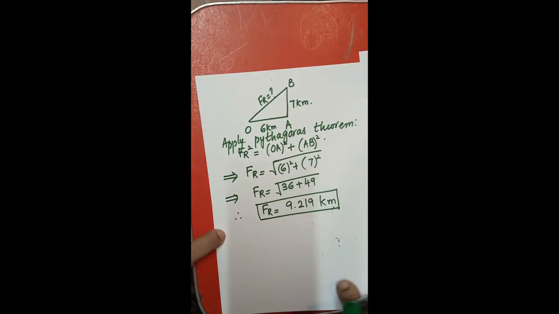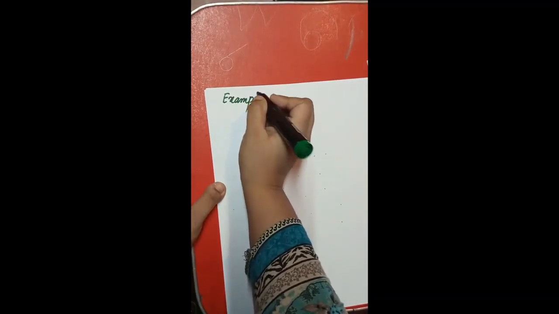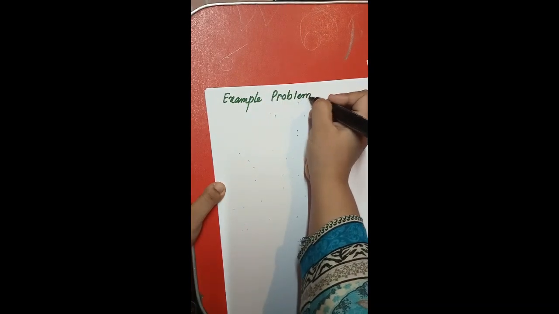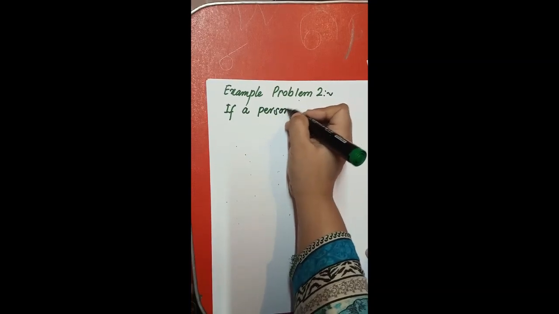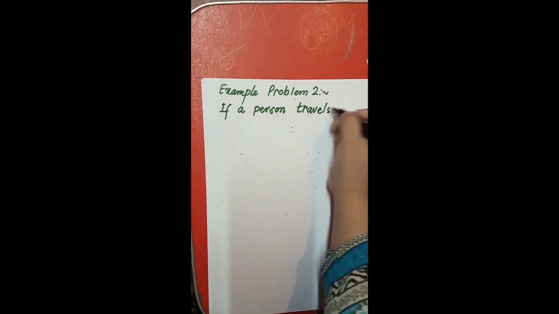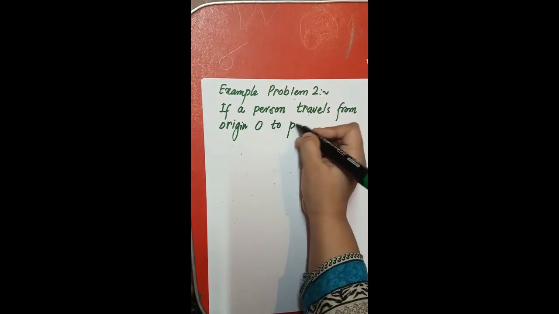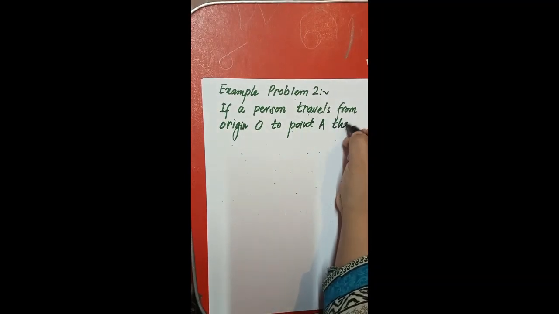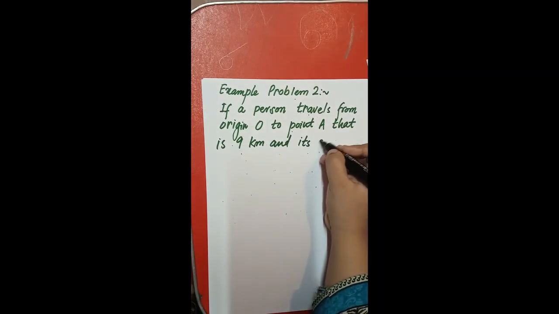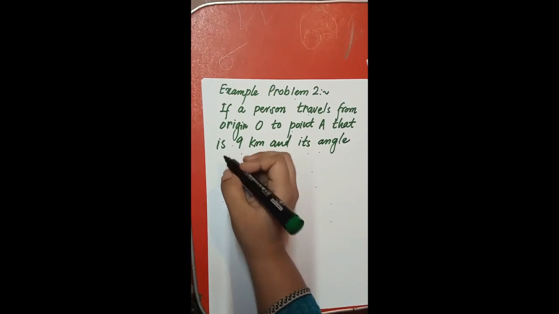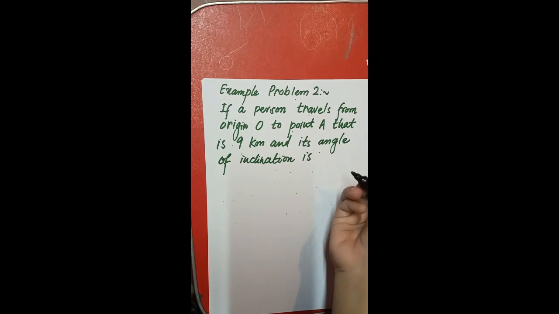So next, if we have another question, example problem number 2: if a person travels from origin O to point A, that is 9 kilometer, and its angle of inclination is 65, or you can take it 45 degree,